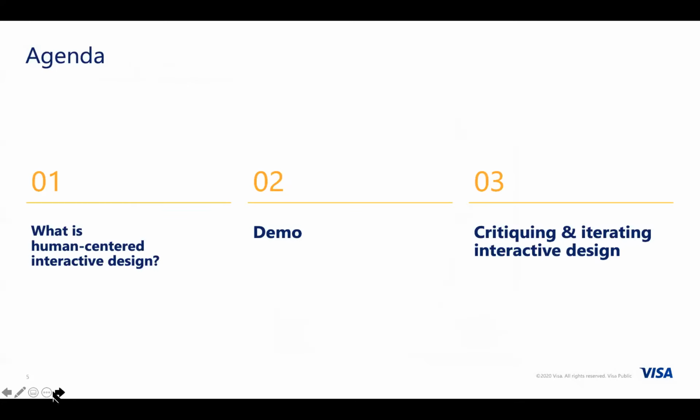Okay, today I'm just gonna walk through a quick definition of how I like to think about interactive design, specifically the human-centered variety. Then I'm gonna do a demo. I'm gonna show a dashboard with some examples of alternatives to filters, alternative interactions. And then I'm gonna show you a tool we've recently launched at Visa that helps with evaluating data experiences from a human-centered perspective. And then I'll explain how to use it to iterate specifically on interactive design.